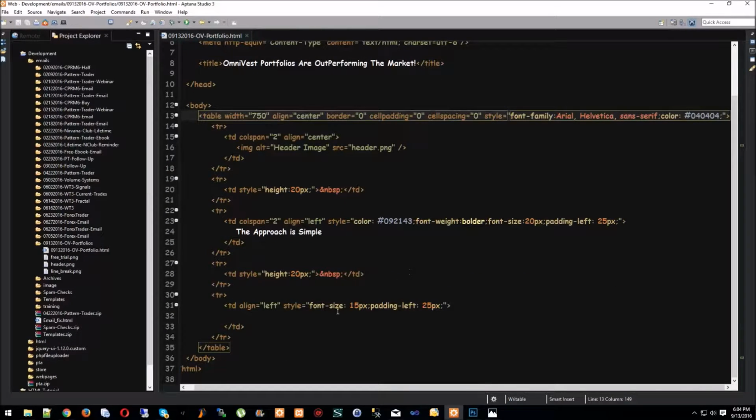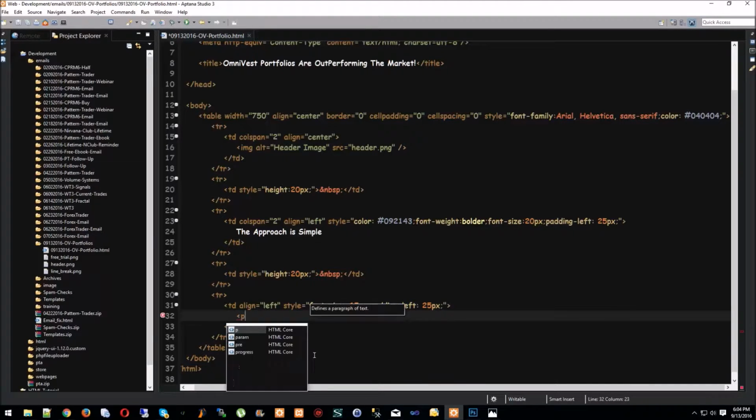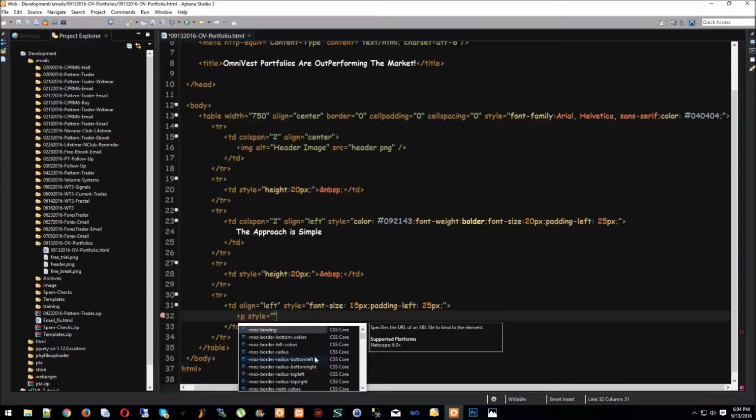So the first thing we're going to do is make our first P tag. Now when we do a P tag, we're going to leave it the way it is. It's not going to align anything. We're going to say style, and we'll make sure that we use margin on this. You can't use padding in a P tag. You've got to use margin. Padding will not work in Outlook. So it's going to be margin